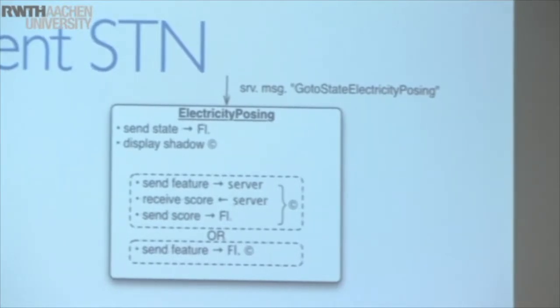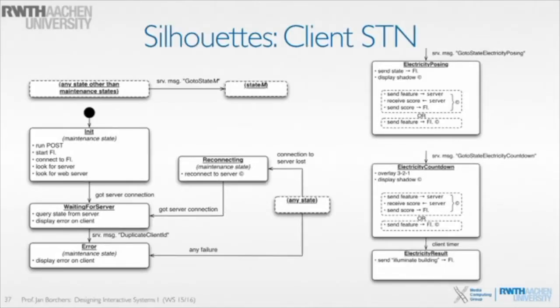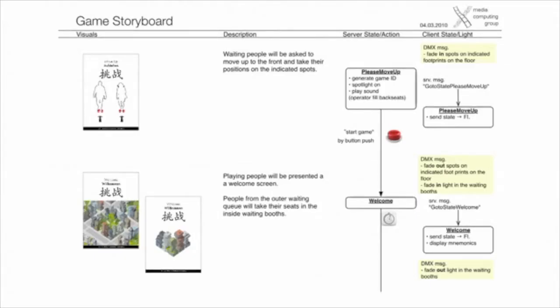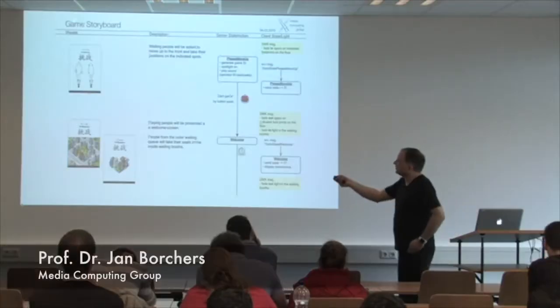So again, you can see how we were using, in this case, STNs of 2 parts to model what was going on. The cool thing about this is, once you have this STN, it gives you a great way to describe the gameplay or the interaction in sequence. For example, we created this document, the game storyboard, to communicate this stuff to the German government that we were designing this for, and said, look, this is the stuff the user is going to